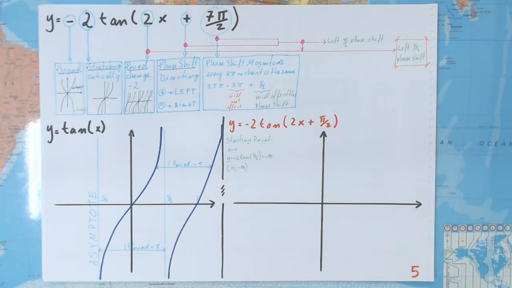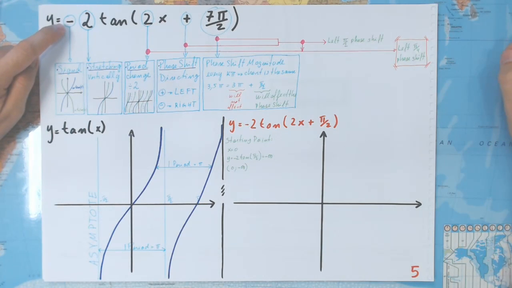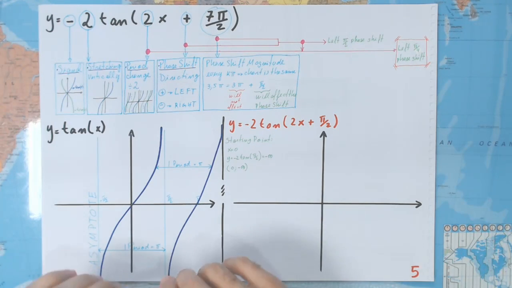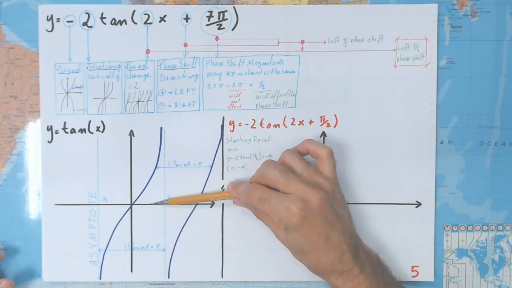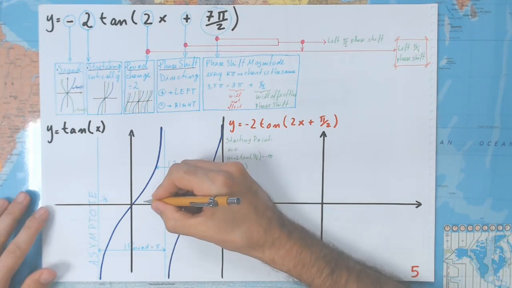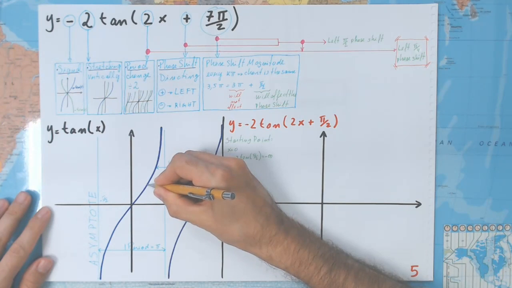Okay, now this exercise, I try to put as much information as possible so we can study everything, okay? Now, the first information is the minus in here. Well, we have seen that when I put a minus, it means that every single point that was supposed to be positive for this x, in here,